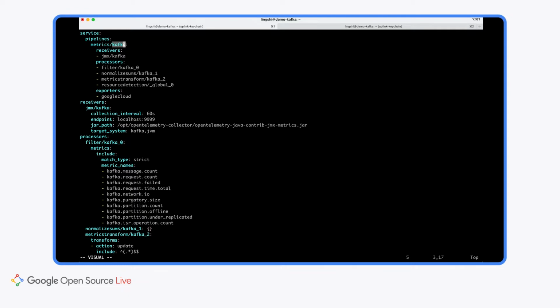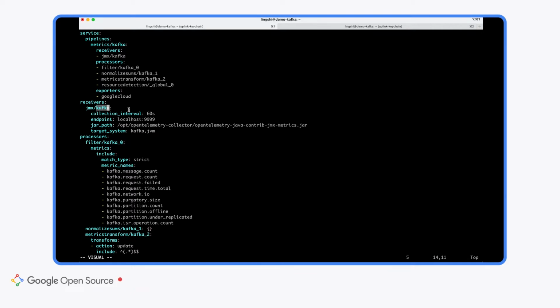So now let's dive a little bit deeper into the details of these components. So the first thing we're gonna see is the JMX Kafka receiver. The Kafka receiver here is built on top of the JMX ecosystem. It basically asks for the Java jar path and the endpoint that the metrics are exposed at.